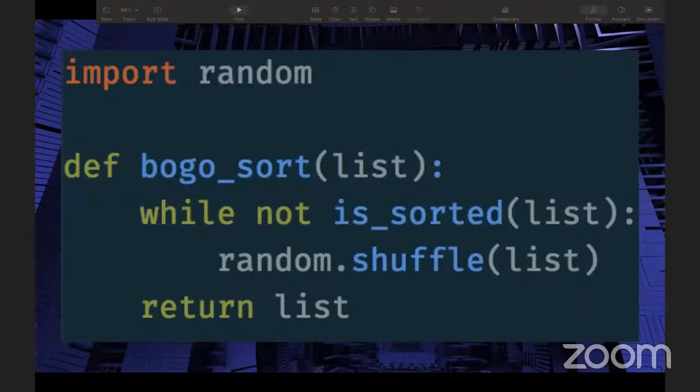So this is a very interesting pseudo code for quantum computers, something called BOGO sort. Sometimes it's converted into a meme, where we have no sorting logic here, absolutely none. But what we do, as a quantum computer, is: if the list is not sorted, shuffle the list. That's it. And we repeat this until the list is sorted.